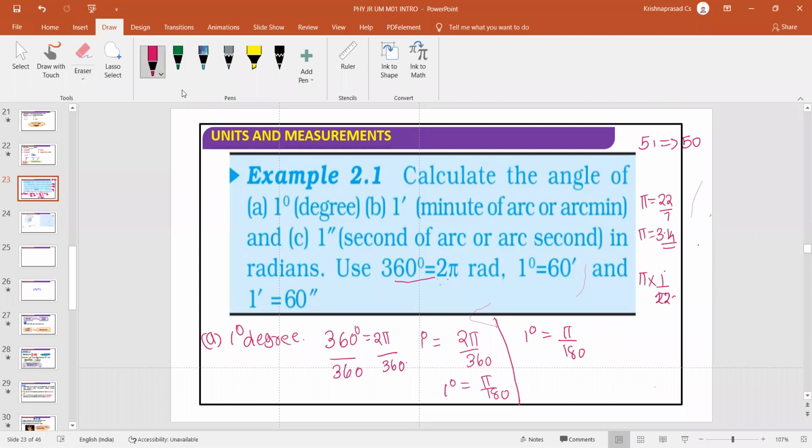In between, if you are doing any numerical and a value comes like this, I substitute pi as 22/7 multiplied by 1/220, so this will be 10, right? So 1/7 multiplied by 1/10 is 0.1. The calculation becomes easier. I don't want you to write this. I just want you to understand when and where to apply the value 22/7